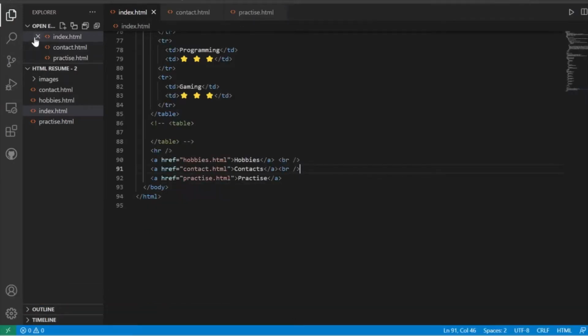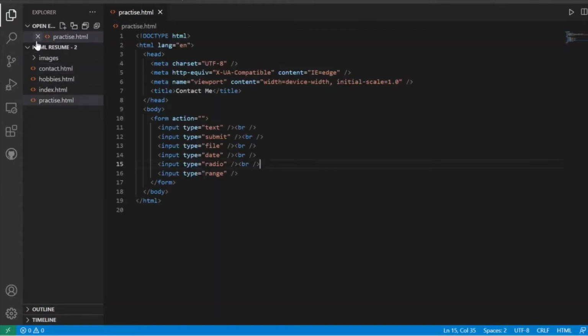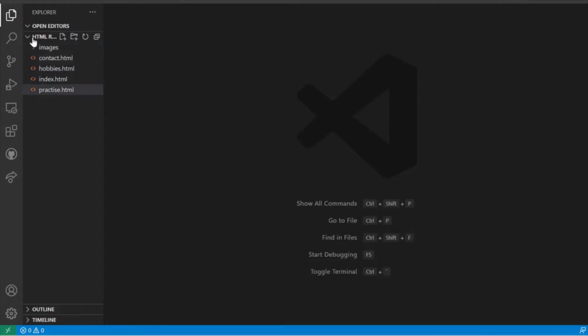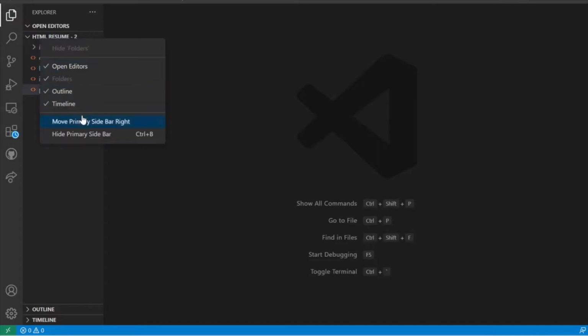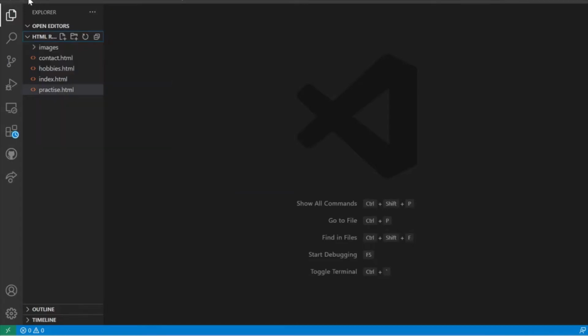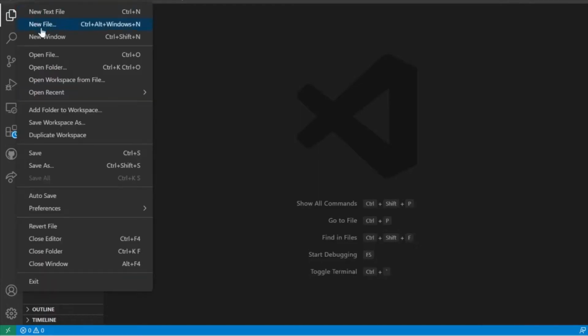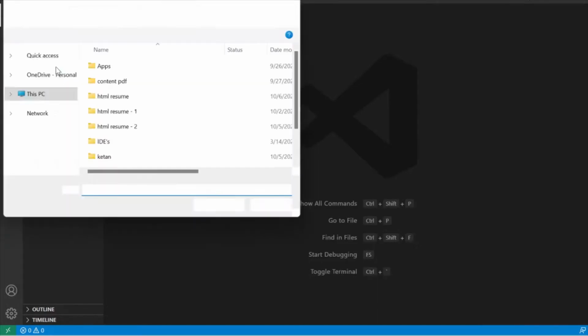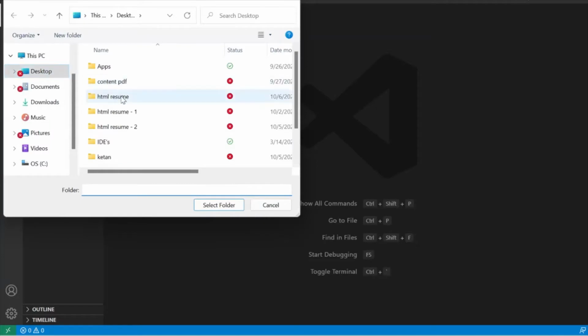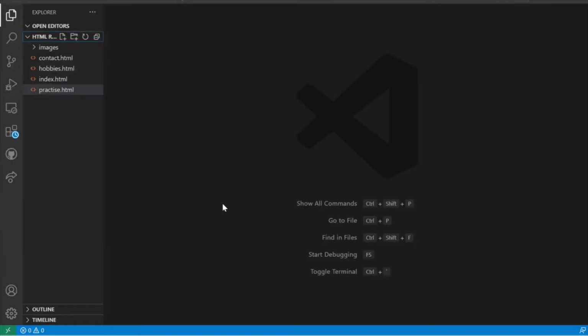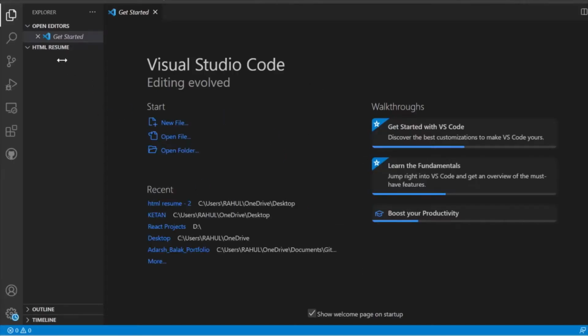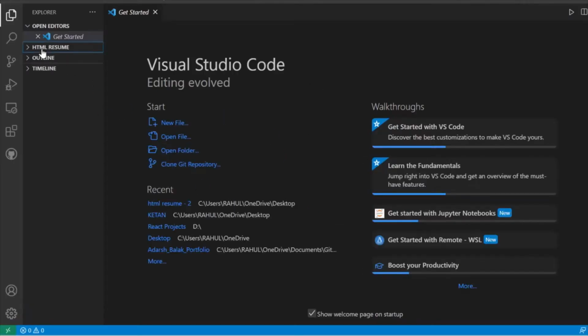So I am going to close all the open files that I have and then, okay, file, open folder, and I'm going to search for my folder which is HTML resume, and now I'm going to select this folder and open it in VS Code. And now you can see that this folder is open, but there is nothing in the content because it is empty, because till now we have not created any files.